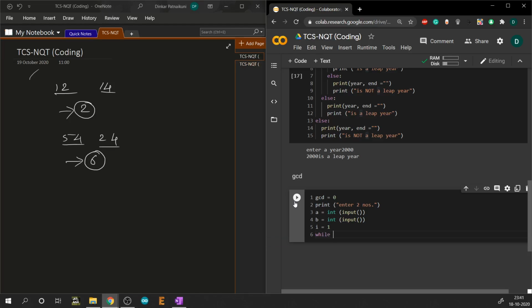Next, we'll be checking whether the given number is less than or equal to a, because we can't go for factors below the given value. So i is nothing but 1 in our case. So whether it is equal or less than a, and we need to also check whether the given number is less than or equal to the other number b. Okay, so once this is checked, and if it is true, then we are going to